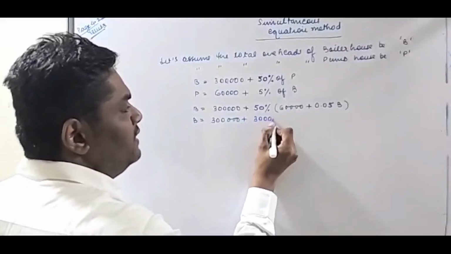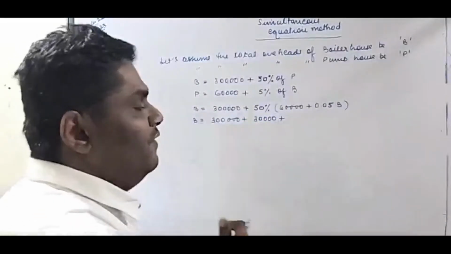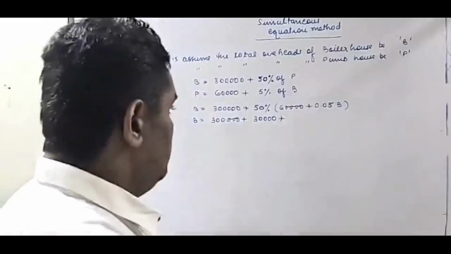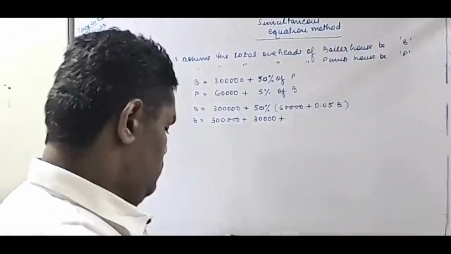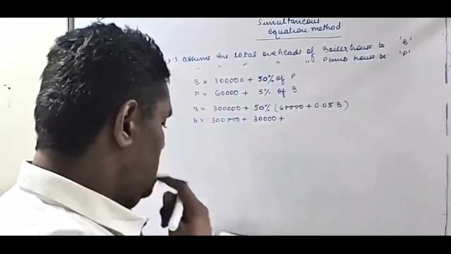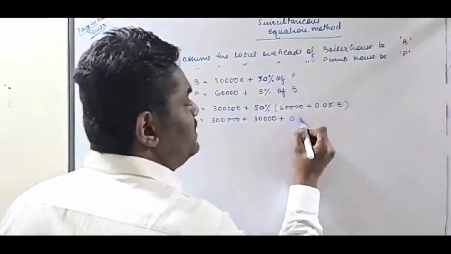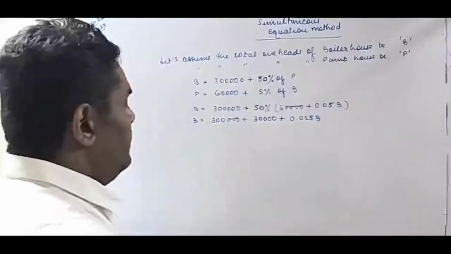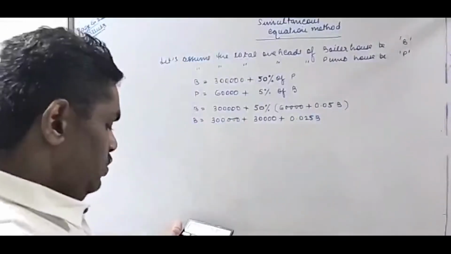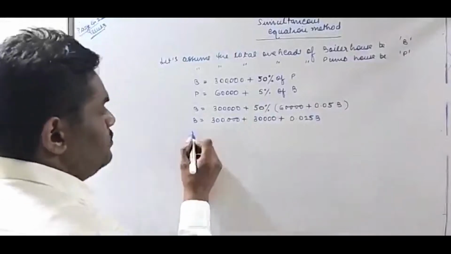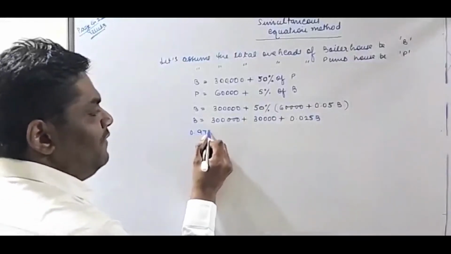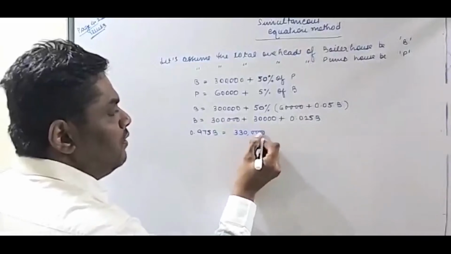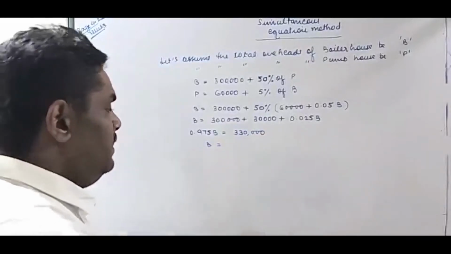This will be 30,000 plus 50% of 0.05, so this will be 0.025 B. So 1 minus 0.025, this will be 0.975 B equals 3,30,000. So the value of B will be